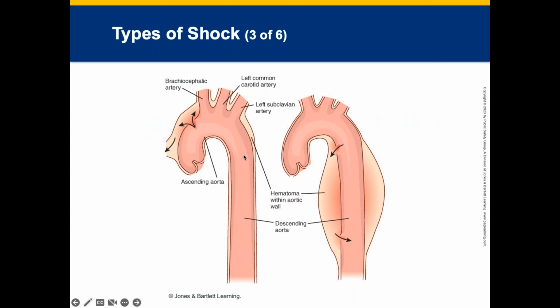So as you can see, the hematoma within the aortic wall on this one here. This illustrates a thoracic aortic dissection. A tear in the ascending aorta causes proximal and distal dissections. And then B is a tear in the descending aorta which may cause extensive distal dissection as well. If you have a dissection and then it ruptures, okay, your aorta, if you think about it, is the diameter of a quarter, which is your major blood supply. If cut off, you die quickly.